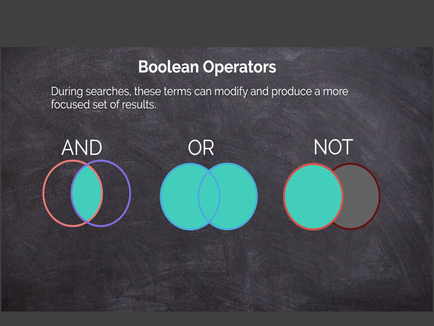Next, I wanted to talk about Boolean operators. Those words may sound kind of strange, but they are simply tools that you can use to broaden or narrow your search to improve your search results. So this is so you can get more articles you actually want and less stuff that you have to wade through. This is why it's important to identify search terms and to create a search strategy.